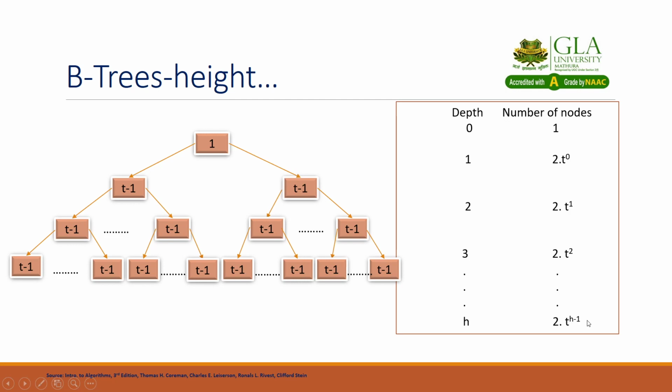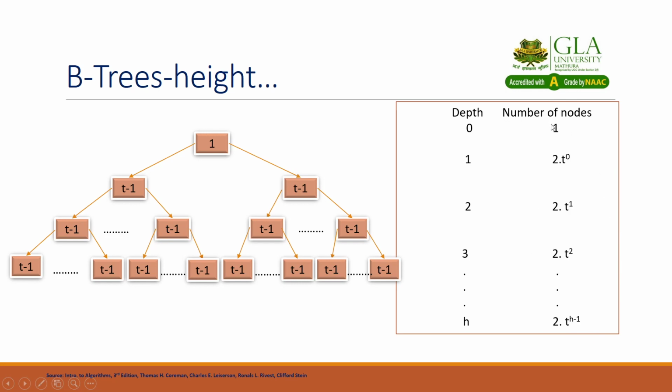So what we have to do is find the total number of keys, meaning the minimum number of keys available in a tree. We don't know the maximum number of keys, so we consider that n represents the number of keys, and this n will always be greater than or equal to the summation over these nodes. So how will we find the total number of keys, where we consider the minimum number of keys in each and every node?